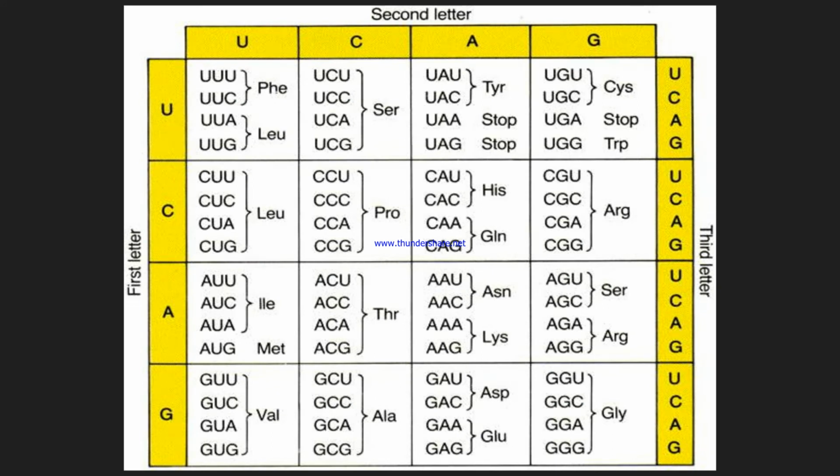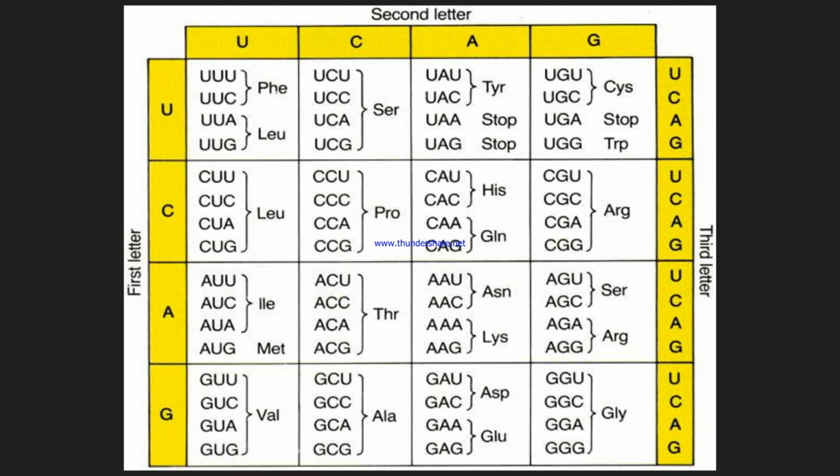So for translation, you're going to need to understand how to use this table. I'll explain that in a minute, but it's crucial that you know this for AP and IB exams. So when translation begins, the mRNA is now in the cytoplasm and it attaches to a ribosome to begin protein synthesis. So to make a protein, as we learned in the biochem video, we need a specific order of amino